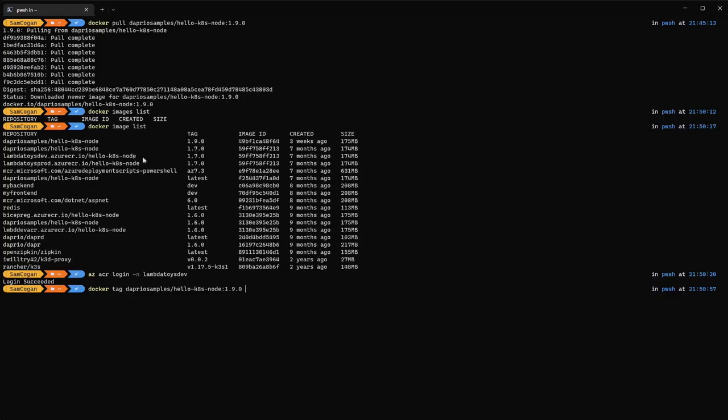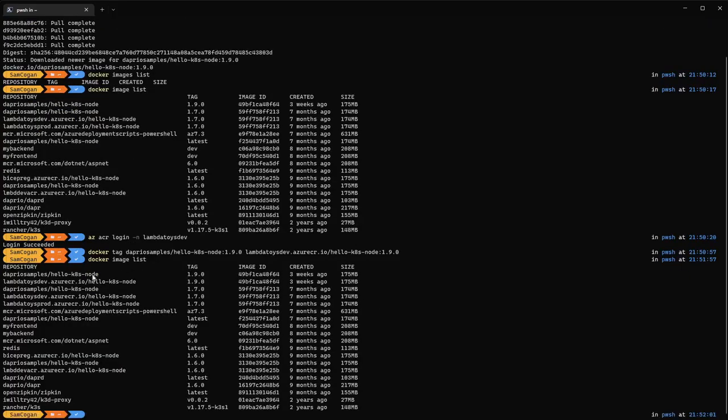I've already got the other one here, so I'll just copy and paste this. Basically, this is the name of our registry, the full server name, and then the name of the image we're going to push there. You can rename the image if you want to. And again, we're going to put the version there as well. If we wanted to put it into a subfolder within the registry, we could also do that, depending on how you want to organize your images. But we will do that, and that will tag the image locally. So now if we do docker image list again, we should see